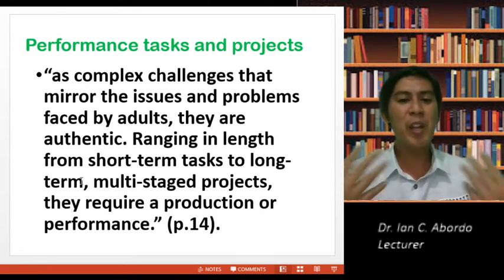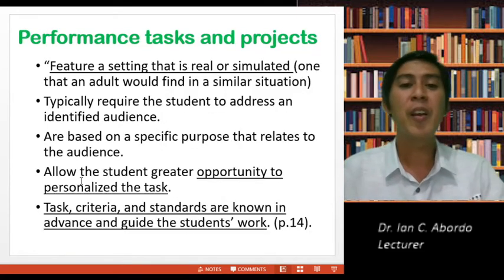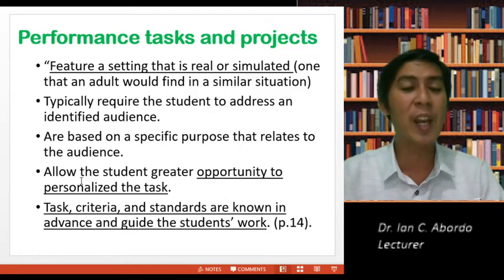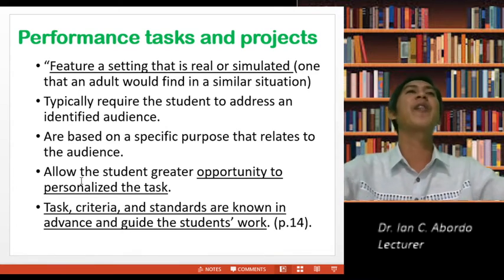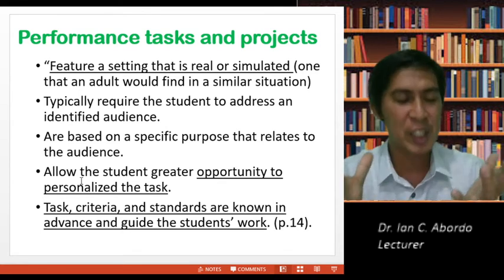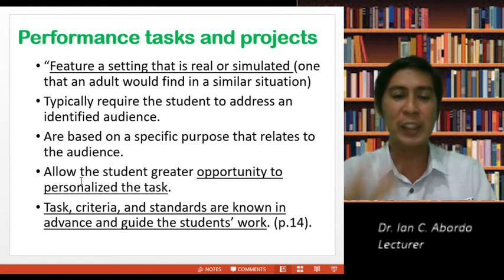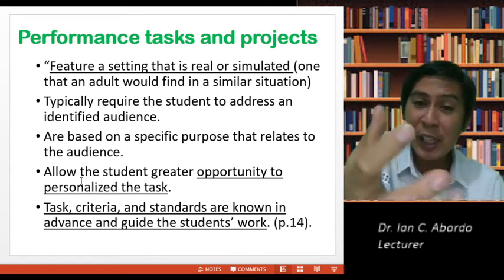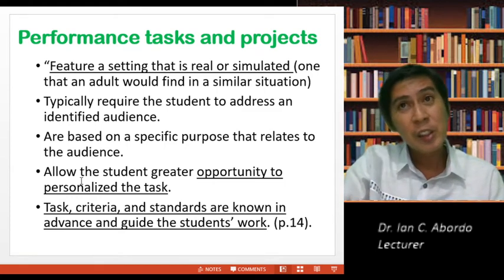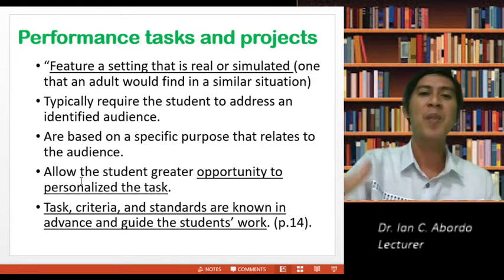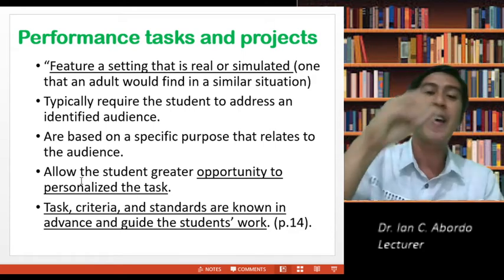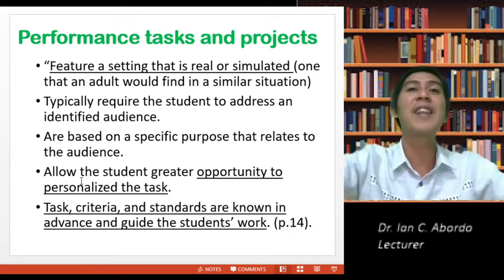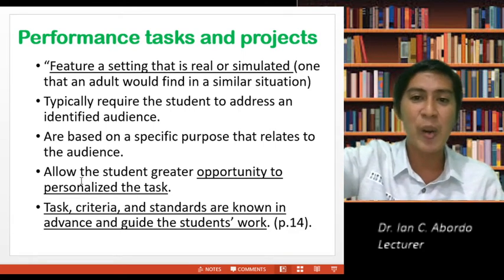Multi-stage project. Okay, real life, authentic. Feature a setting that is real or simulated. So you can simulate or you can feature a setting that is real. That's a performance task. So you bring that performance task into a real-life situation. So require a student to do a performance task associated with the MELC, the most essential learning competency, that is done in a real setting.